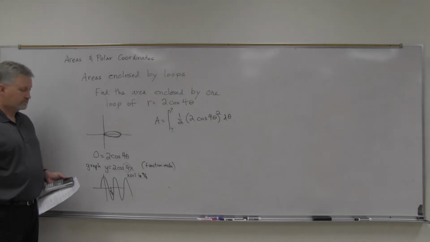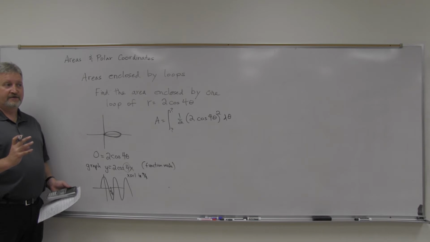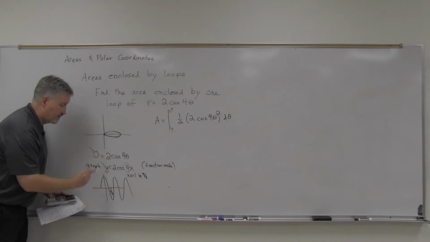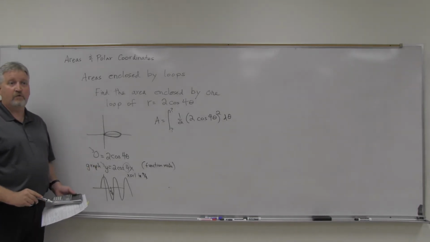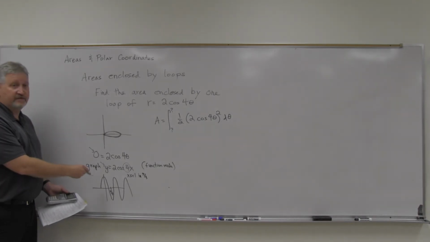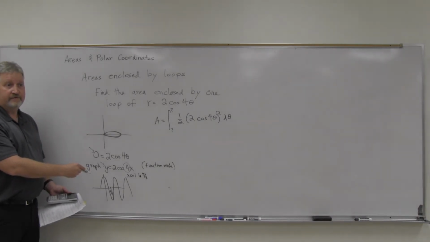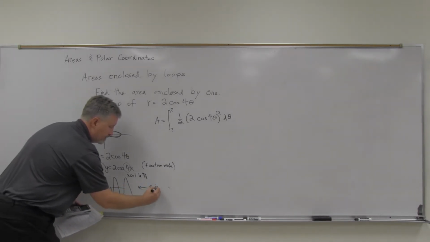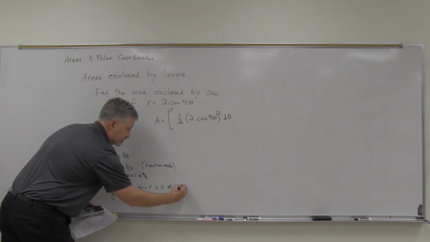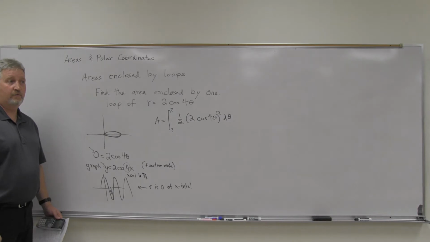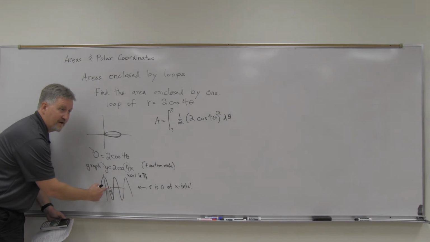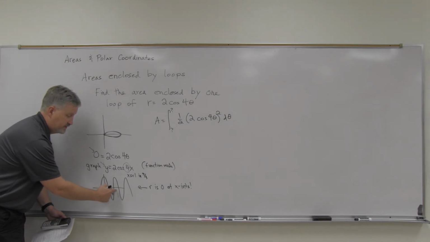Okay. Now, I'm looking for r is 0. When I changed it, it's now y is 0, right? And so y is 0, I'm talking about x-intercepts. So the r is 0 would be x-intercepts on this. So that's one thing you have to understand. Where are my x-intercepts here? Well, it's halfway between pi over 4 and 0. The pi over 8, and then that would be 3 pi over 8. That would be 5 pi over 8,